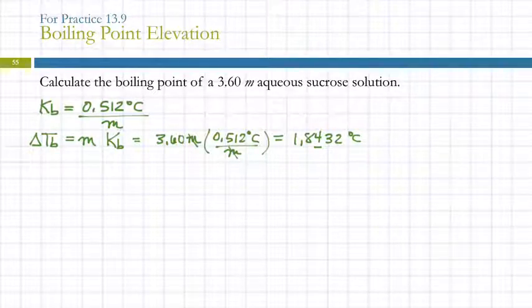So the boiling point of water is 100 degrees Celsius. Is it going to be 101.8 or should we subtract? Well, the boiling point goes up, right? So we have to add. So 100 degrees. The boiling point of water is, in theory, exactly 100 plus 1.8432